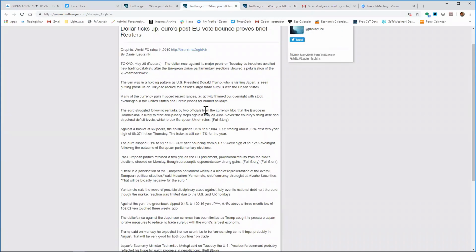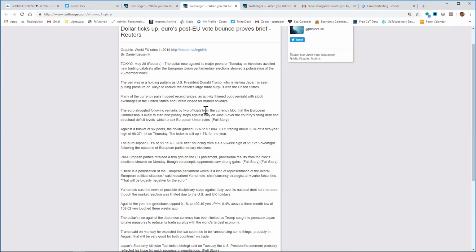And the dollar rose against its major peers on Tuesday, as investors awaited new trading catalysts. The yen was in a holding pattern as Trump is visiting Japan. Many of the currency pairs hugged recent ranges. Activity overnight was thinned out with stock exchanges in the U.S. and Britain closed for holidays. The euro struggled following remarks from the currency bloc. The European Union Commission is likely to start disciplinary steps against Italy on June the 5th over the country's rising